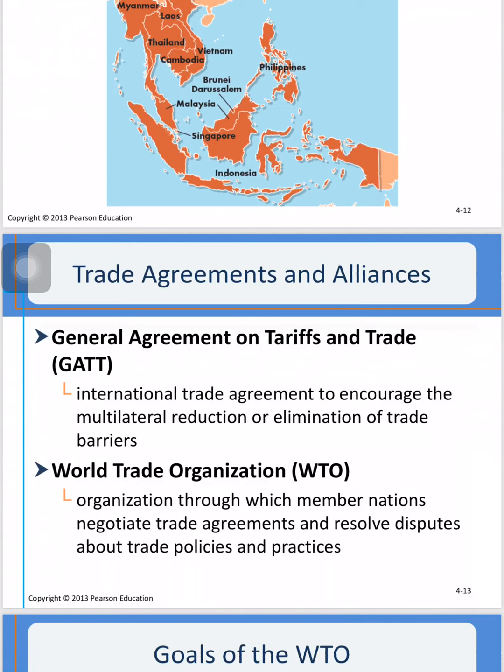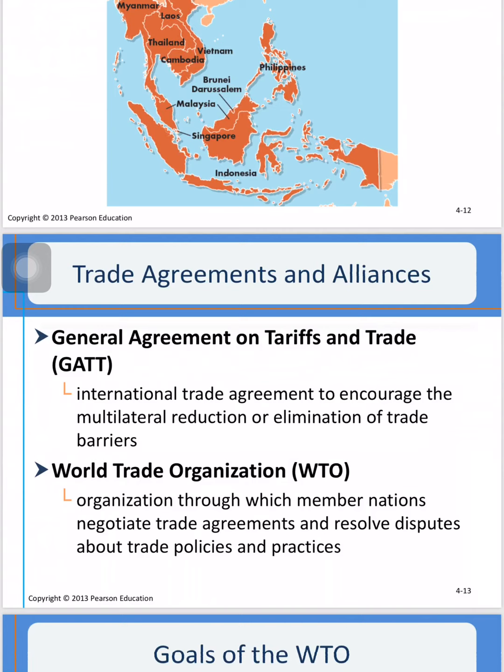Okay, this is international trade agreements, to encourage the multilateral reductions or eliminations of trade barriers. Okay, next is the World Trade Organization, WTO. This is the World Trade Organization, through which member nations negotiate trade agreements and also resolve